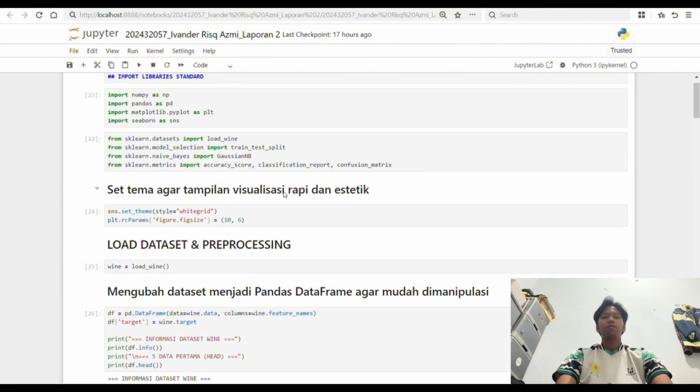My name is Ivander Kasmi, an active student. In this video occasion, I'm going to comprehensively present and document lesson ID number 2023-257, the implementation part of the machine learning laboratory report. According to our laboratory regulation, the last digit of my student ID number is an odd number, which is 7. I am strictly required to implement the Naive Bayes algorithm.